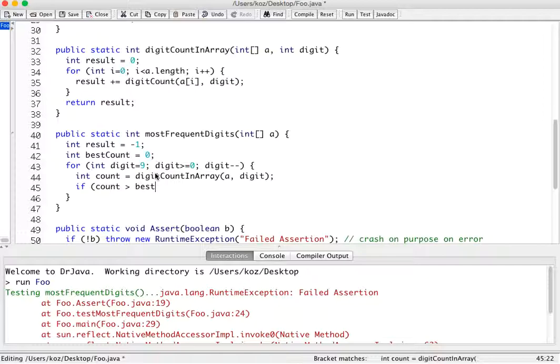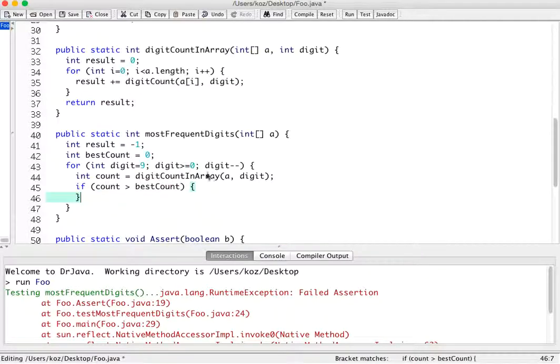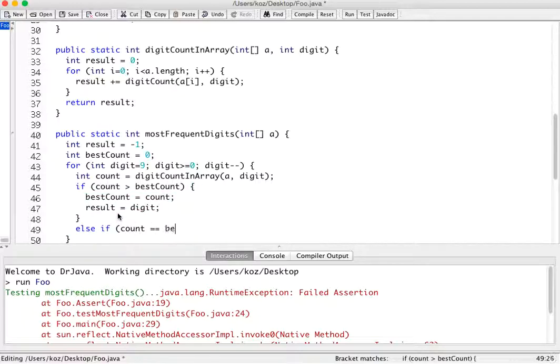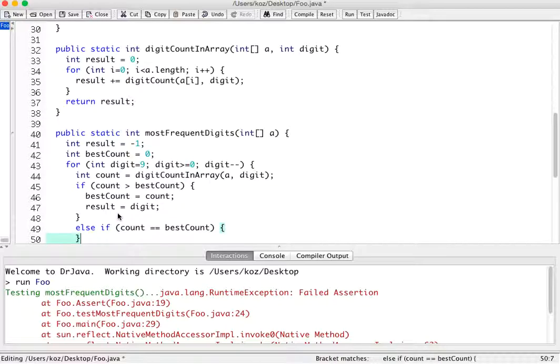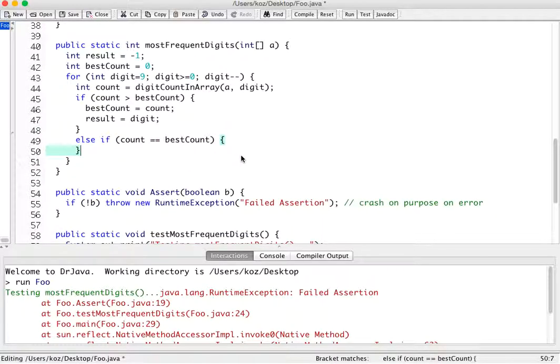greater than our best count, let's do it in 2 cases. If that's true, we found a new best count, gotta remember it, and our result has to just be that digit. So because we found a digit that occurs more than any other we've seen so far, that's just our result. Otherwise though, if the count is the same as the best count, in that case, like we've seen,